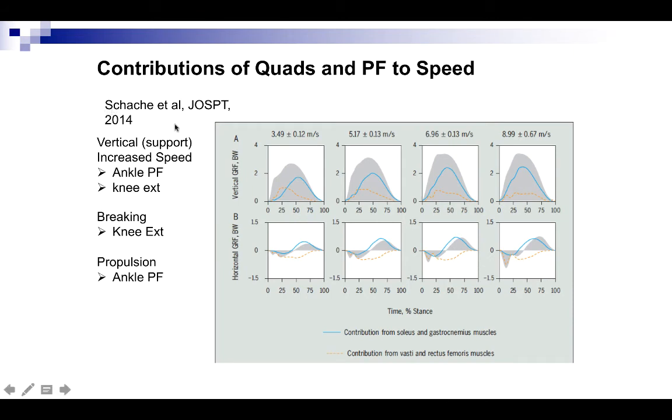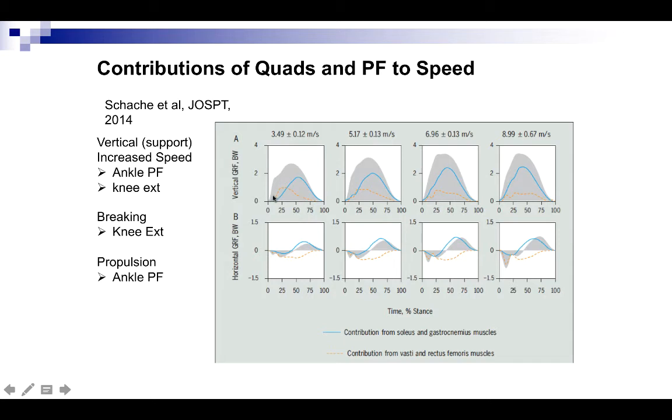And there's the author of the JOSPT article that these studies or graphs are taken from. So this graph here is insightful in terms of the role of the muscles during gait in terms of support: the top row is vertical ground reaction force relative to these different speeds, and then the braking forces and propulsion forces are on the bottom row. And the blue line is the contribution of the gastroc to these different ground reaction forces,